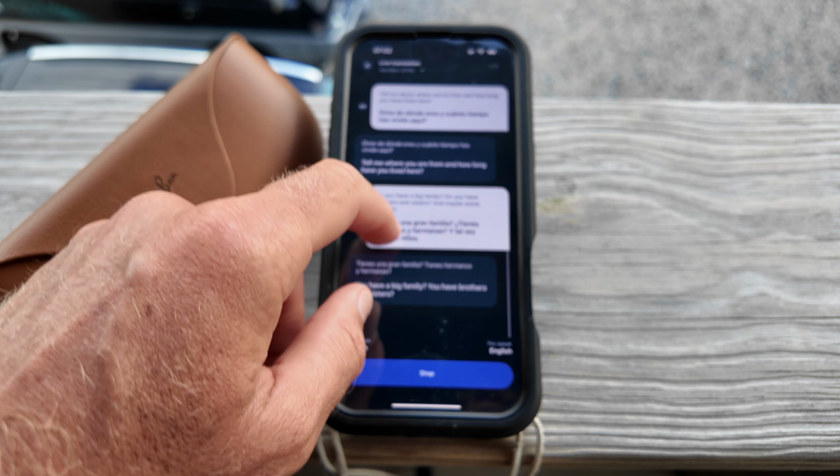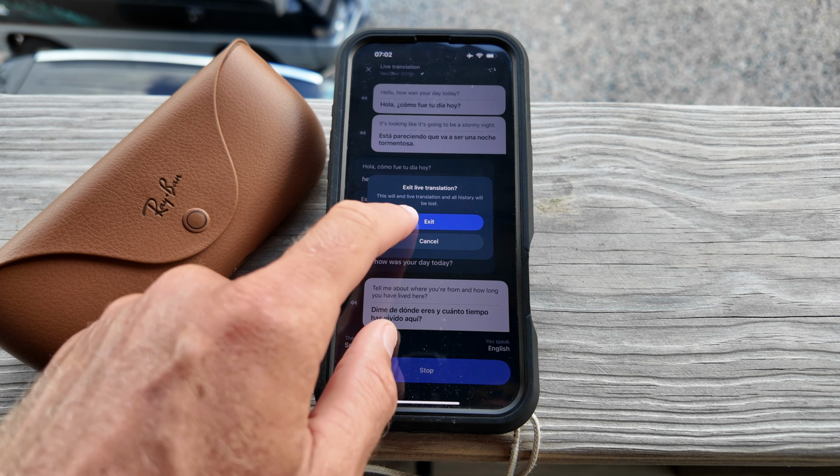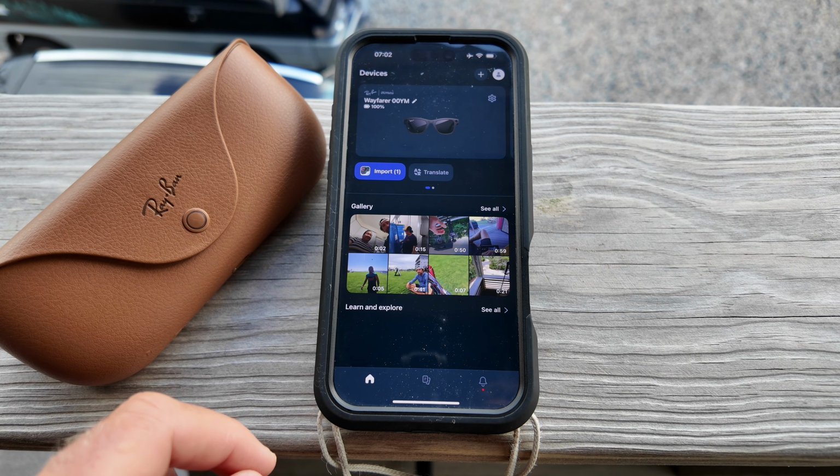And there were a lot of times where the conversation didn't flow super well. I mean, once again, I want to reiterate that this is amazing technology. And if you're in a pinch or you're traveling somewhere and you need to get information, I think this is insane. But to have a conversation with somebody that you know quite well, but you can't quite speak the same language, it does make it hard for conversation to